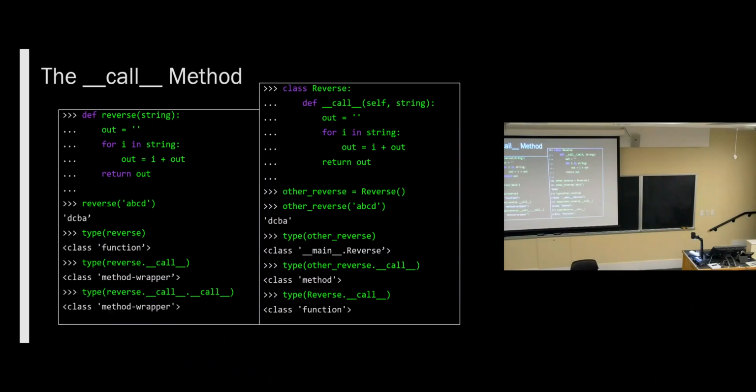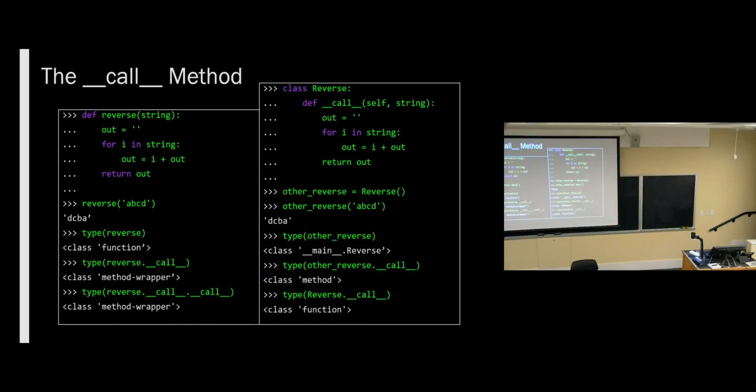It's also method wrapper, and you can do this as long as you want. You could, in a while loop, just keep accessing the dot dunderCall method over and over and over again, and you'll always get an instance of method wrapper. And it turns out this is where you get into C land. Method wrapper is an interpreter entity that handles this chicken and egg problem. Something has to actually be a function call in C at some point. Well, that's this thing, and it wraps methods and functions